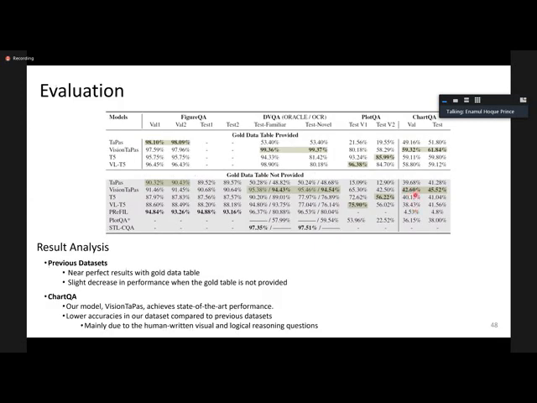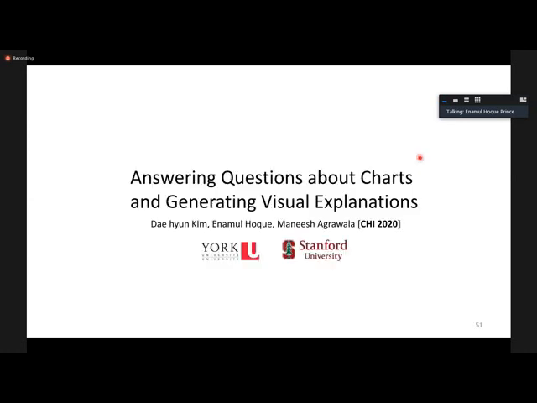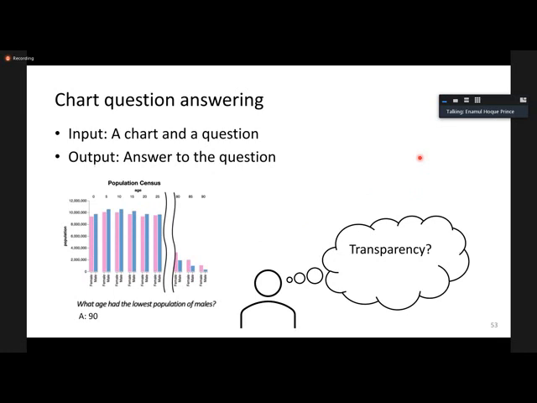One thing we found out is that if we can explain to the end user how the model has computed the answer to the question, that can be very helpful to the user, because it can improve the explainability of the model. As we all know, explainability is a big challenge for artificial intelligence models, and so over here we wanted to improve the explainability of the models. In particular, we wanted to improve the transparency and the trust of the model by explaining how the model computes the answer.